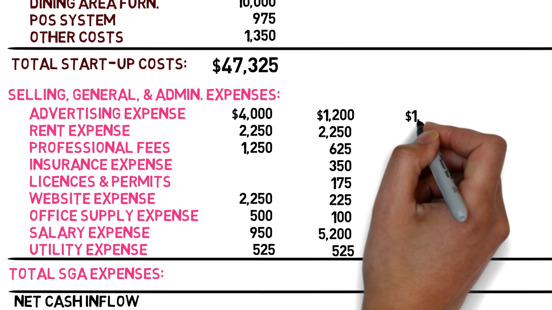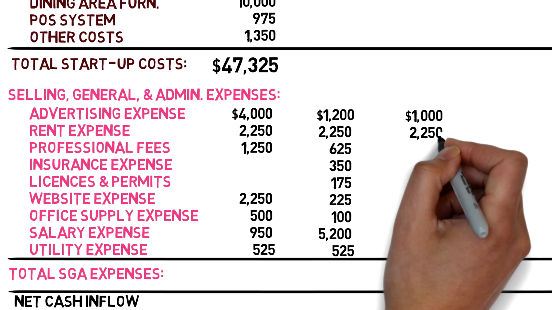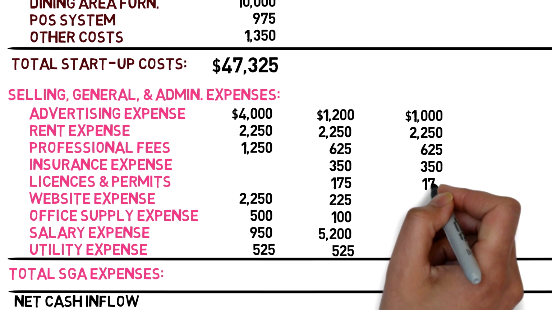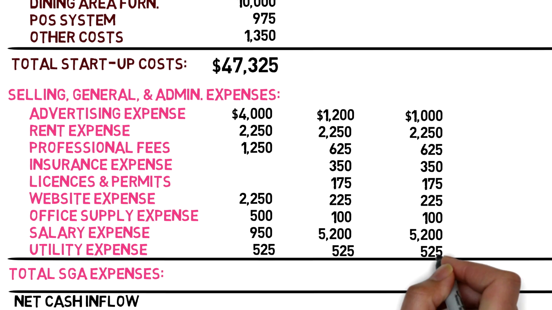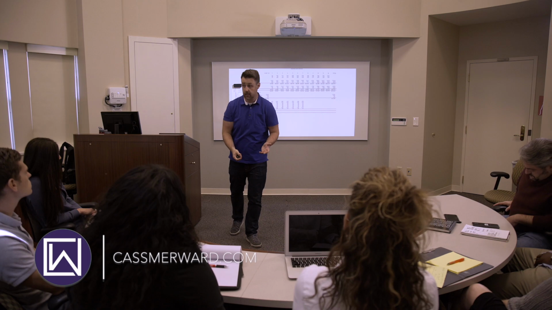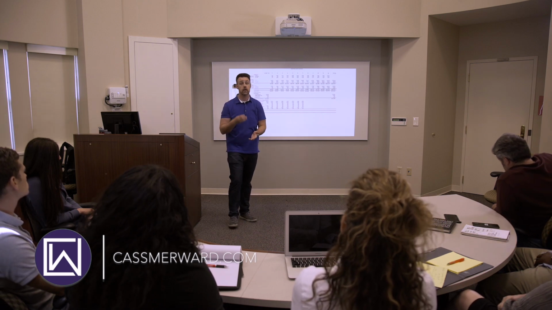Luckily, with our sales and our cost of goods sold, it was all based on our sales forecasts. With our SG&A, we can budget it. We can actually figure out what we want to do. We want to do heavy advertising up front. It may phase out towards the end. We spend more on our website up front, and then the maintenance may